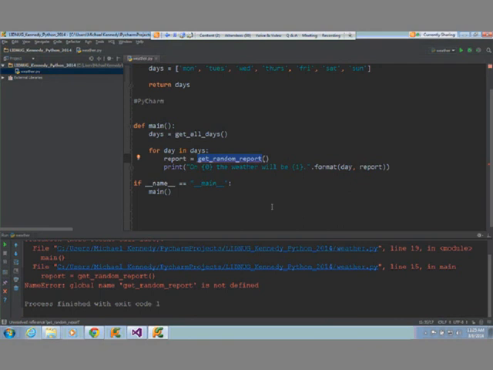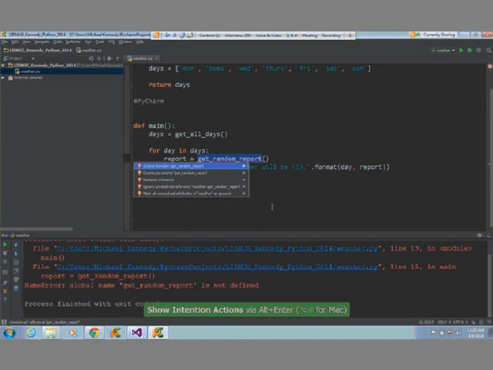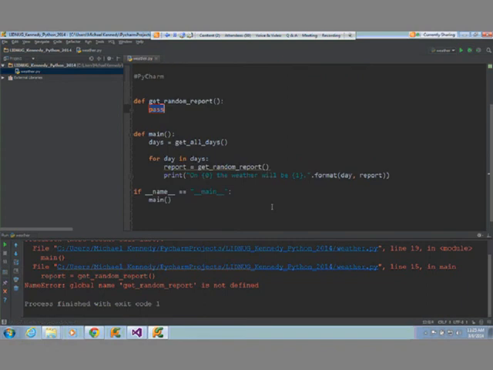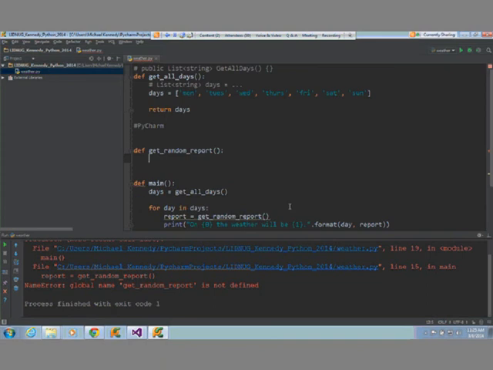Okay? So again, I can hit Alt-Enter, just like in ReSharper, right? You can imagine that the ReSharper hotkeys that you know and love have very close parity between ReSharper and PyCharm because it's the same guys that make it. Okay, so here's another method, and this one is going to get a random report. And this time for my random report, I want to use a class that's not part of my script. I want to pull in like a base class library, kind of add reference, if you will.